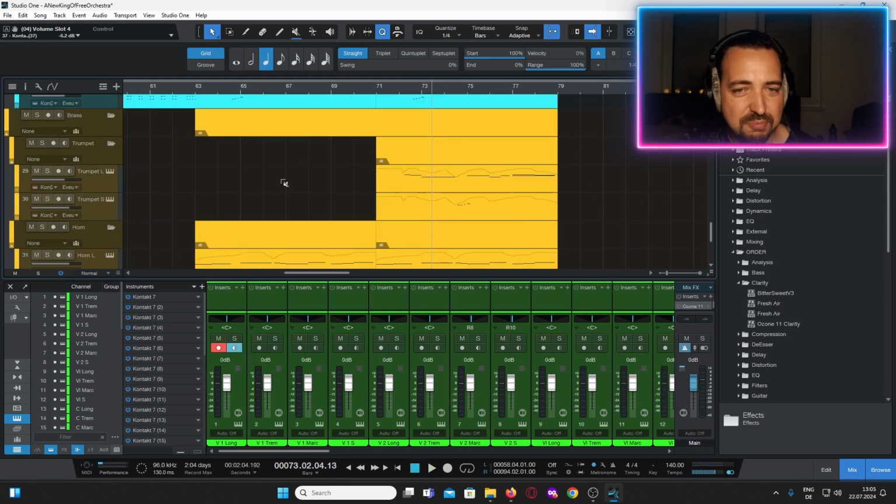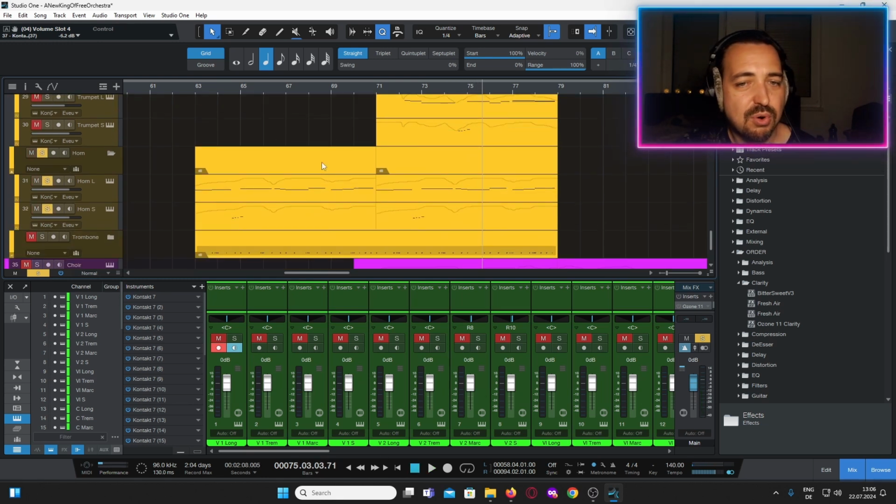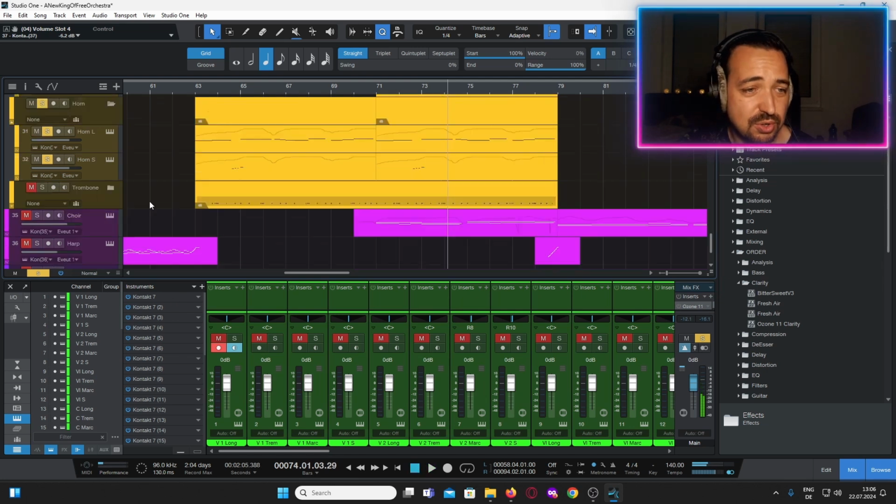Then we have trumpets, which sound fantastic. Great sound. Then we have horns, also great sound. I really like the shorts on the horns.